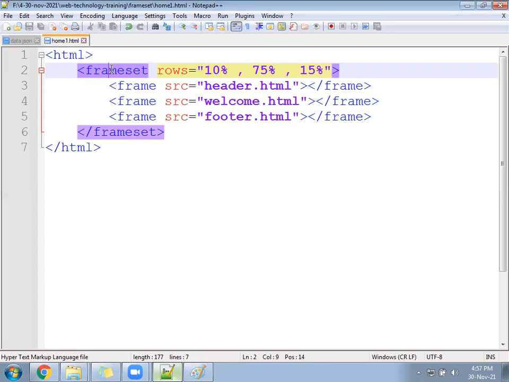Here you will type FRAMESET. Here also FRAMESET.